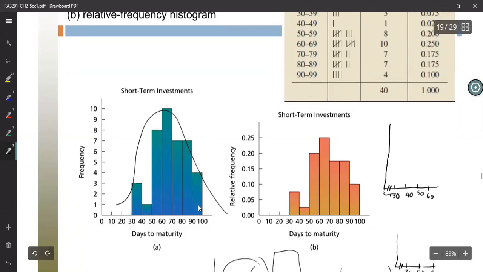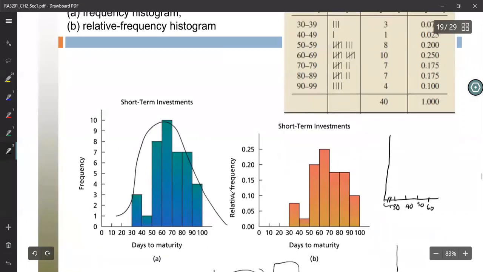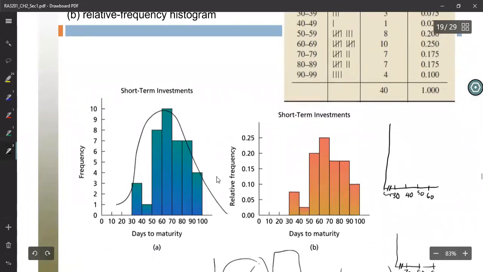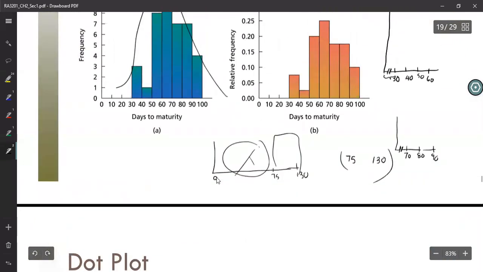Okay. So this is not the only way to draw the histogram for this data. If you use different class widths, you'll end up with a different histogram, but the pattern will be very close. Okay. Right. So that is about histograms, and I'll do a practical session and show you some other different things